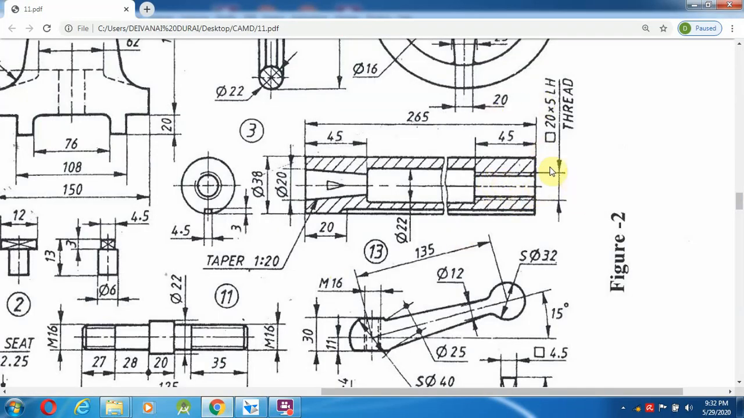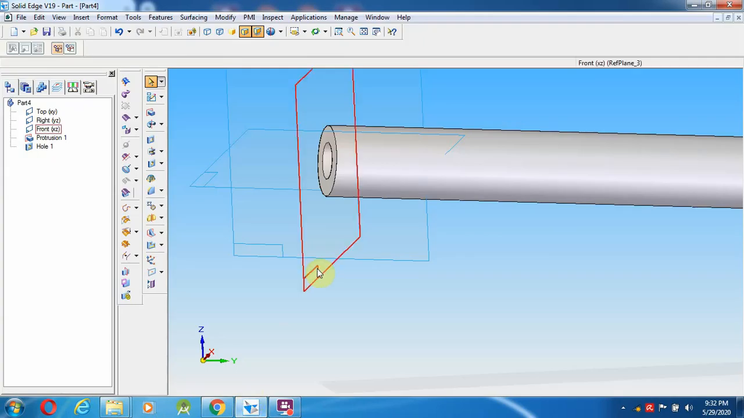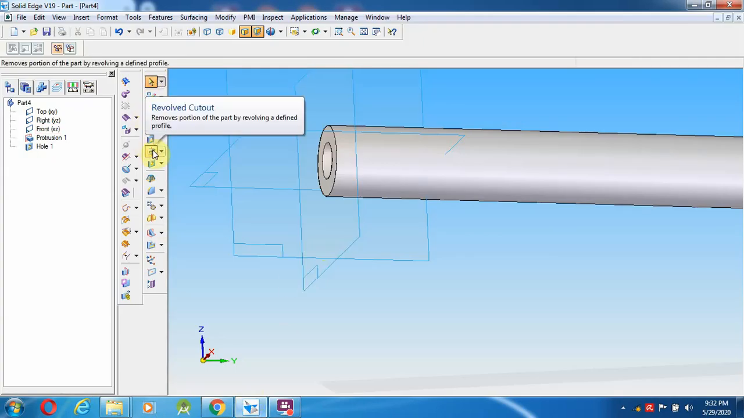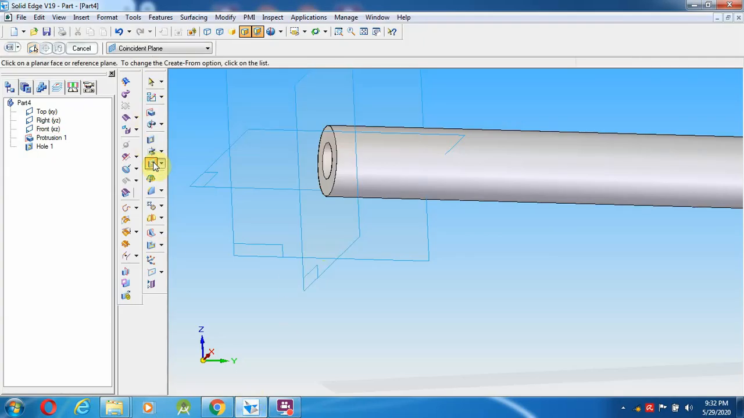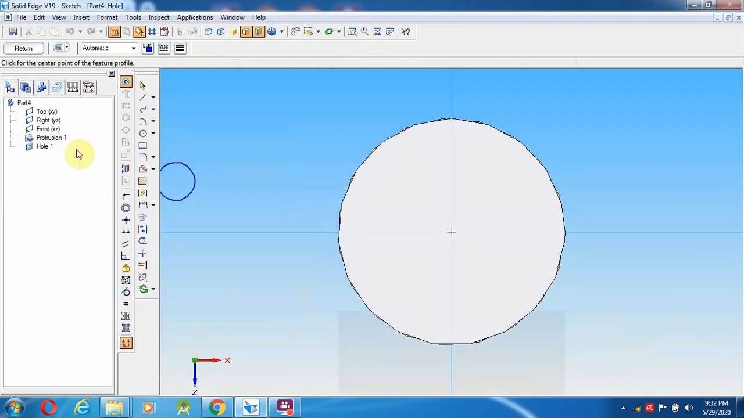What is the threaded hole size? Square 20 into 5LH thread. So a 20 mm diameter square thread we have to create over here. Go over here, select the thread hole option again, give fit, and select the other side. Okay, so now